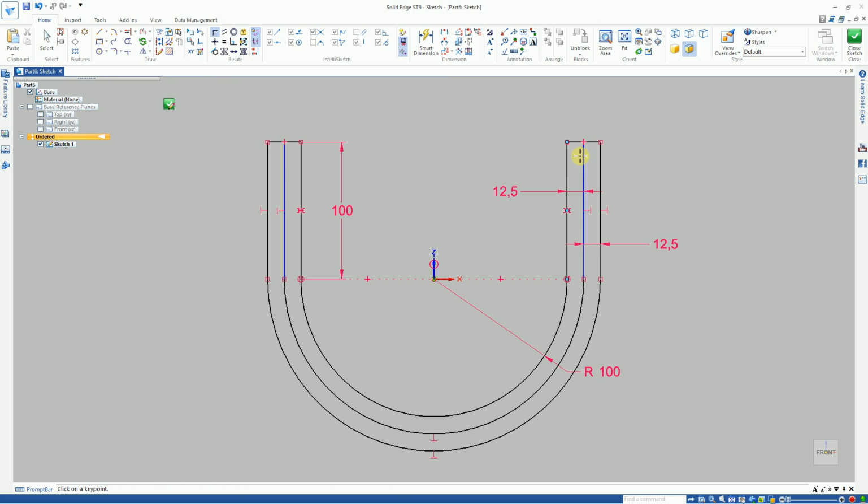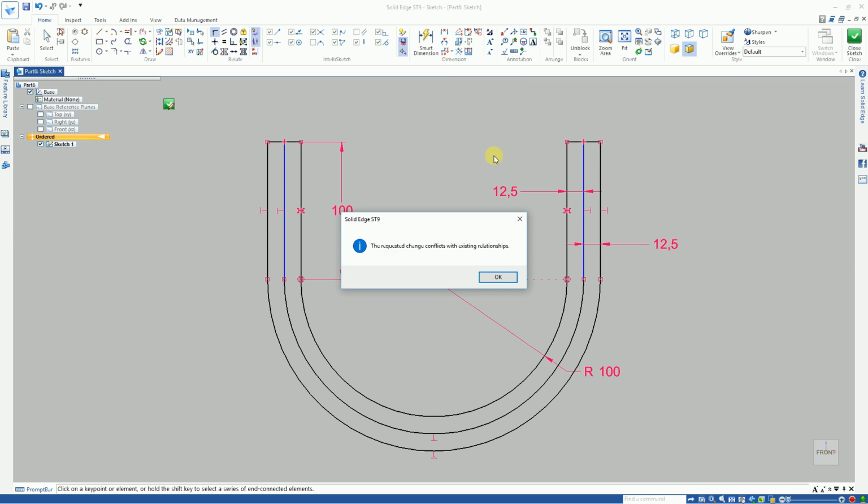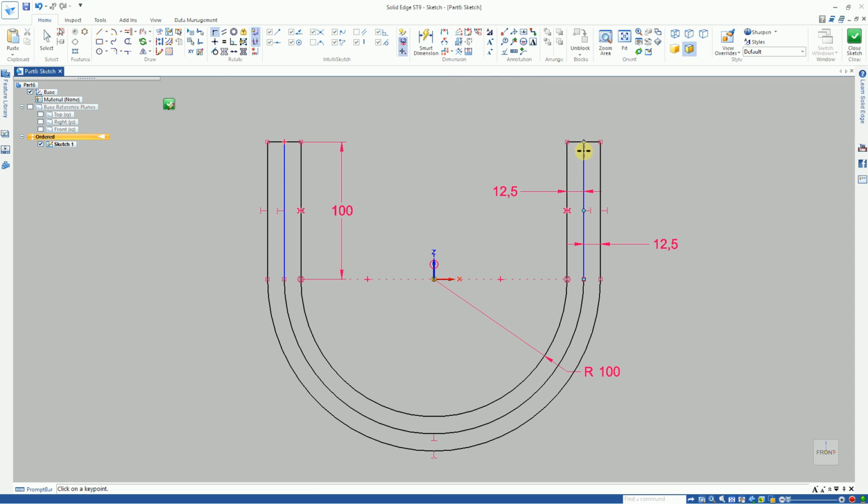I can now use the connect tool if I wanted to connect that line to that midpoint, and it says this requested change conflicts with existing relationships. What that's telling me is that if I connect that line to this horizontal line, it's going to over define the drawing. If I delete that dimension and then use the connect tool, so I'm connecting that horizontal,